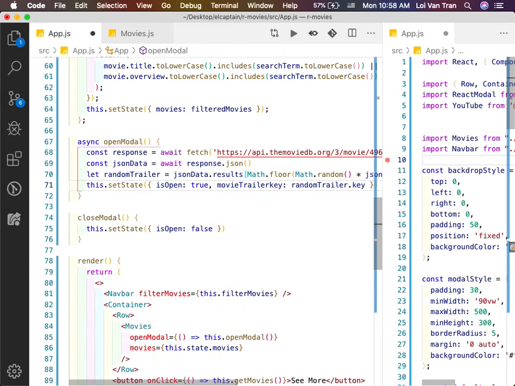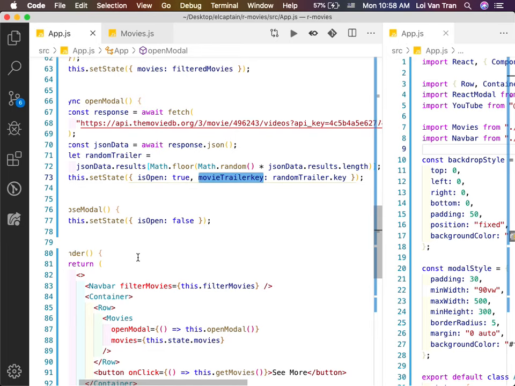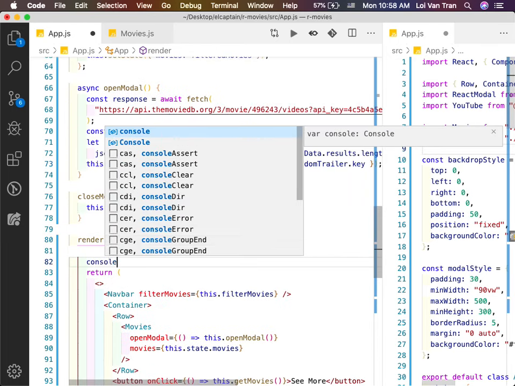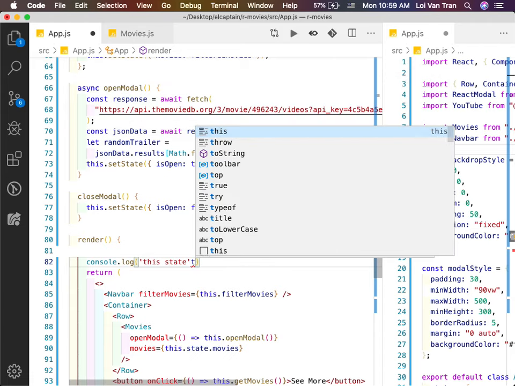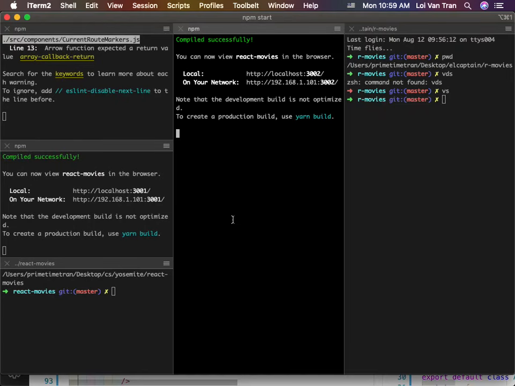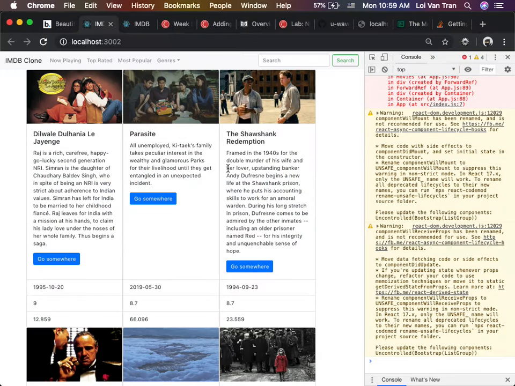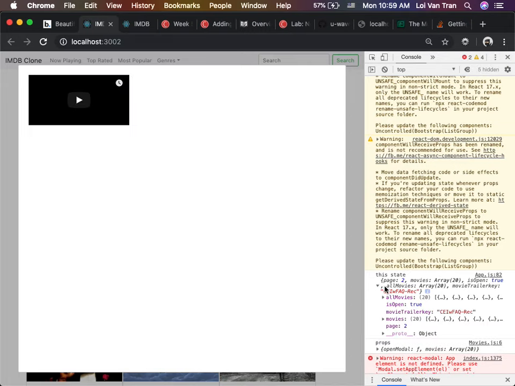I'm writing this code very sloppy, guys, just because I want to keep it simple. Let me clean up as I go a little bit. And I guarantee you, in just a moment, whenever we click this thing, we're going to have a value inside of here now, inside of our state. So we are logging our state inside of our render function. We refresh our page, we click get movies, and let's look at our state. Do we have a movie trailer key? Yes, we do, right? So where does this need to go now?